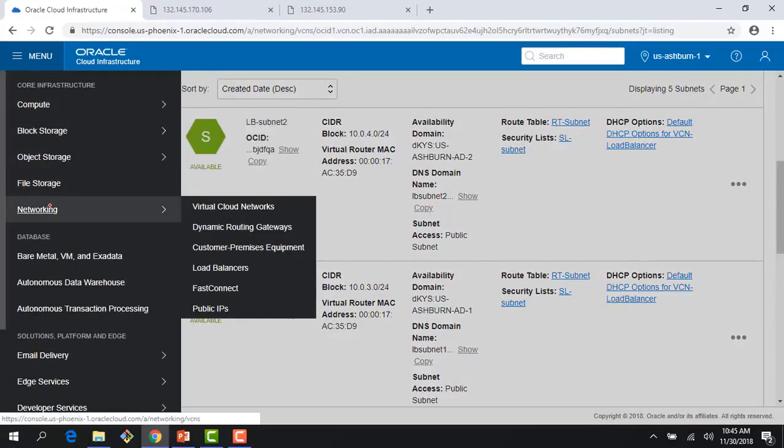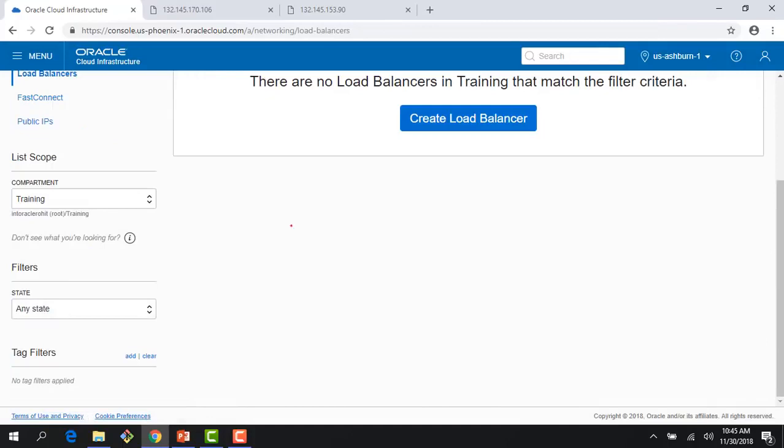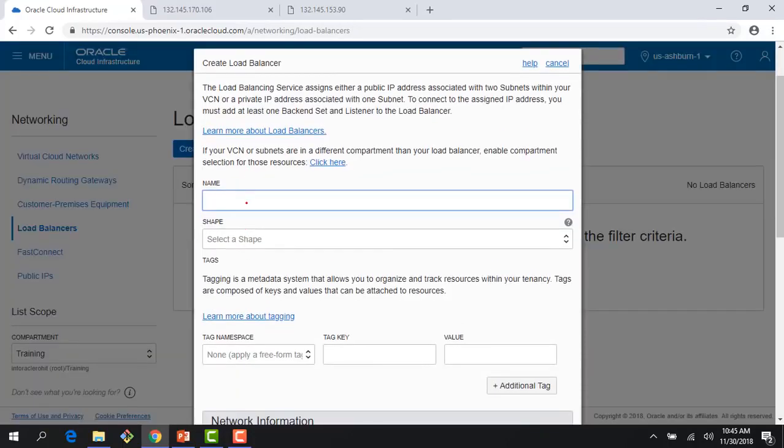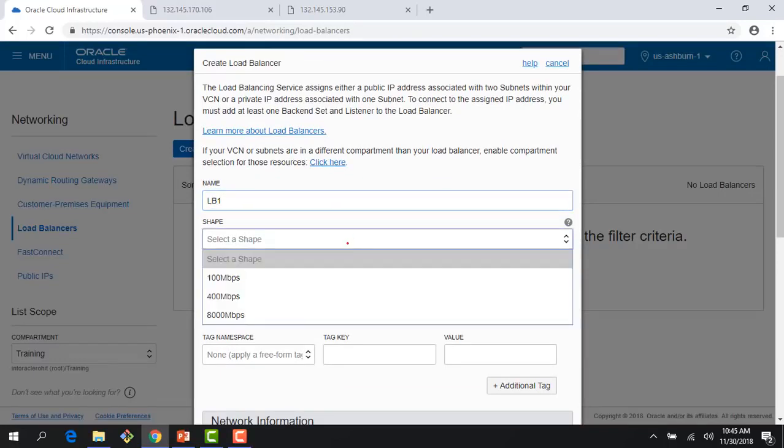So I come into my networking menu, and I can see right here there is a drop down for load balancer. So I click on that, and it says create a load balancer. So I click on that link, and I have to give a name. Let's say my load balancer is load balancer 1, and I need to pick